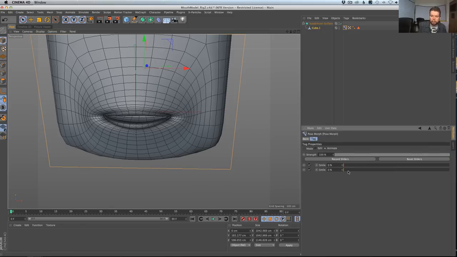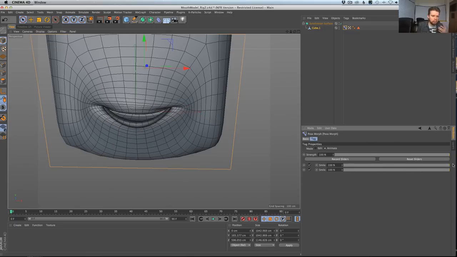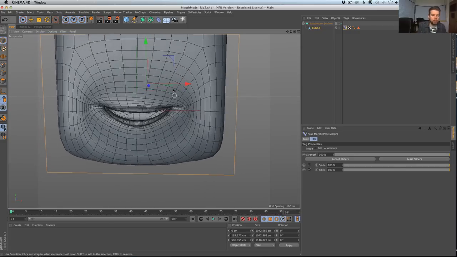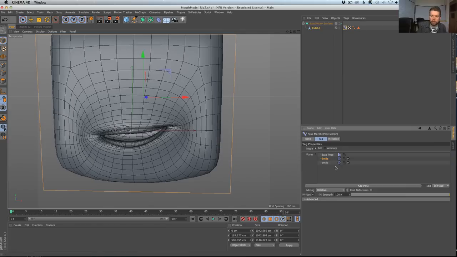Let's go to animate. And it totally worked. Look at that. So what we just did is we had the morph, and we mirrored it from one side to the other. So you actually don't want to do that step until you've done all the morphs on one side. And now, keep in mind, we only just did one morph. We could add as many of those as we want to.